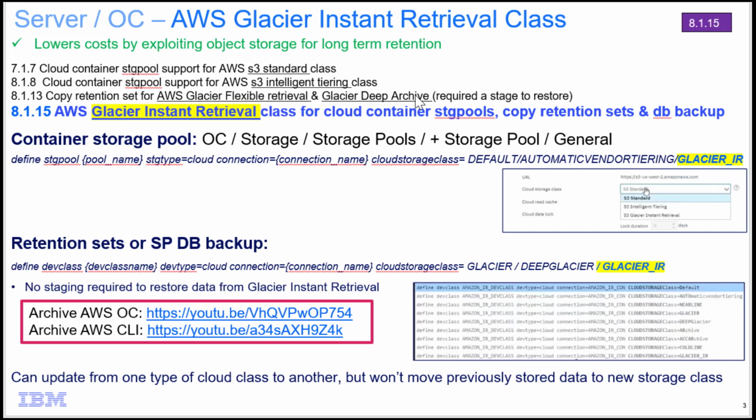Deep Archive. However, if you did put a retention set out there, if you restored from that retention set, you first of all had to stage the data back from these archive classes into a different section of AWS before Spectrum Protect could access it. In this version, we're introducing Glacier Instant Retrieval for both cloud container storage pools, copy retention sets, and database backups. And the nice thing is that no staging is required in order to do a restore from any of this